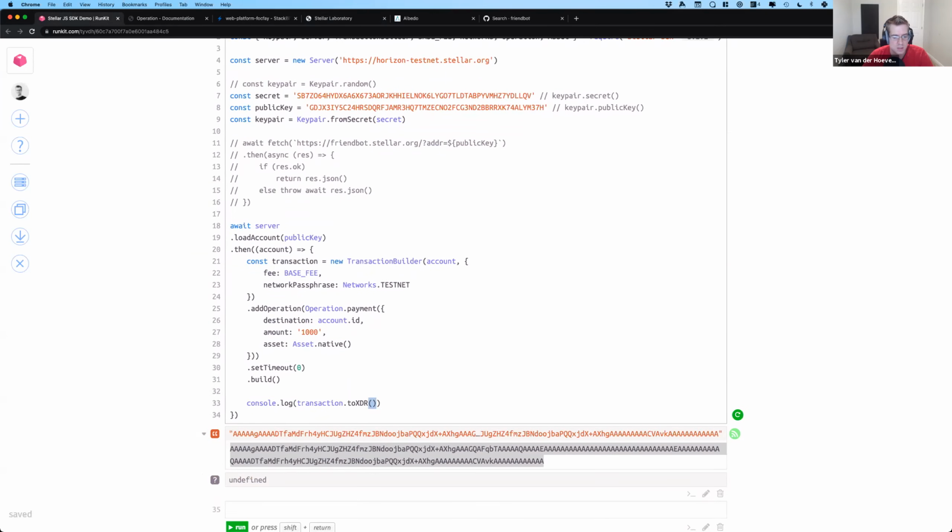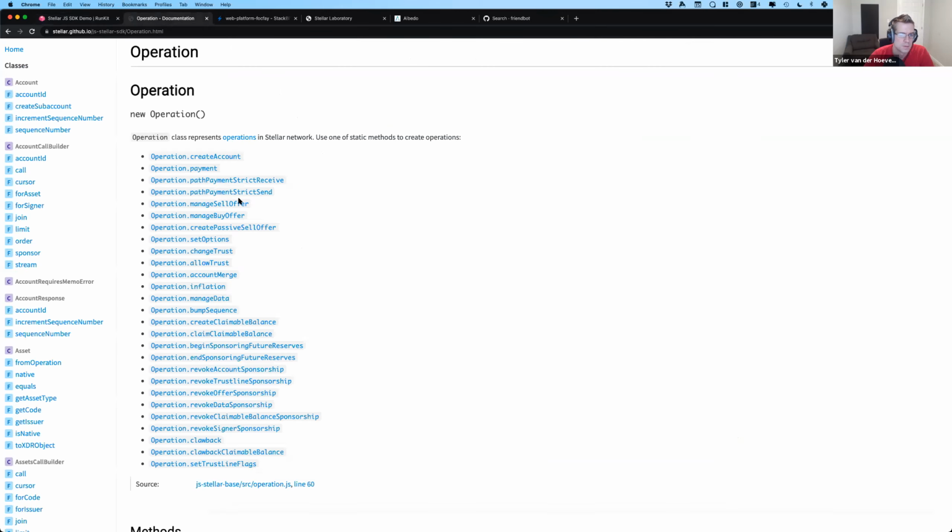So before we can actually get this transaction signed, we're going to need to, or before we can get it submitted, we're going to need to get it signed. So the way we do that is simply transaction.sign. And if we look at